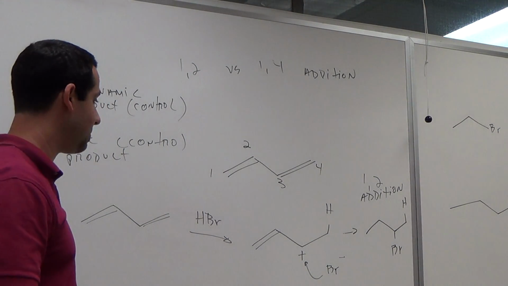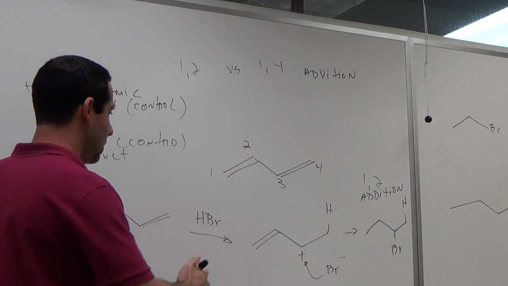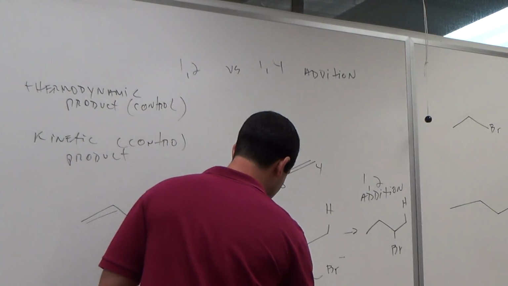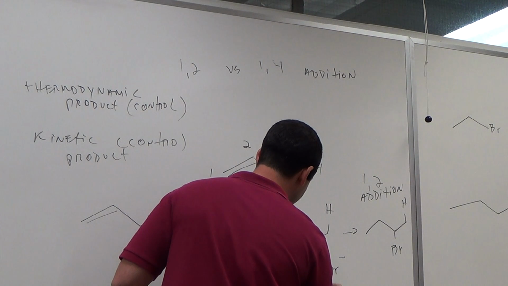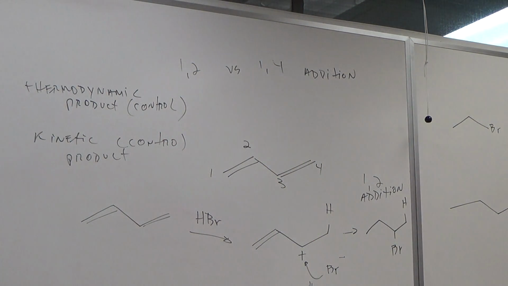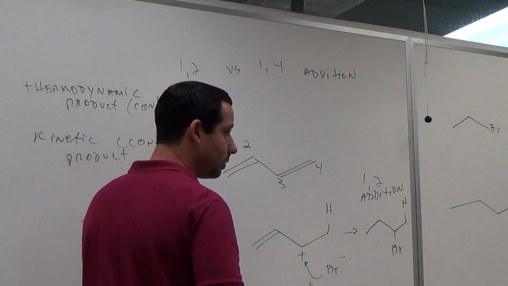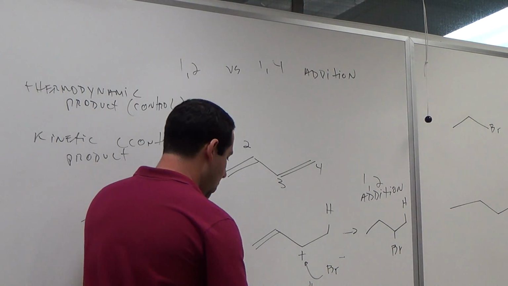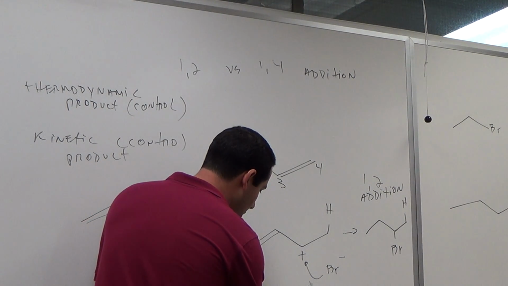You got the mechanism for this? Now, if you are here, can there be a resonance for this? Yeah. What type of carbocation is that? Secondary? No, a better name: it's an allylic carbocation. It is secondary, and it is allylic. Secondary allylic carbocation. Okay, so what happens is, the double bond goes there.